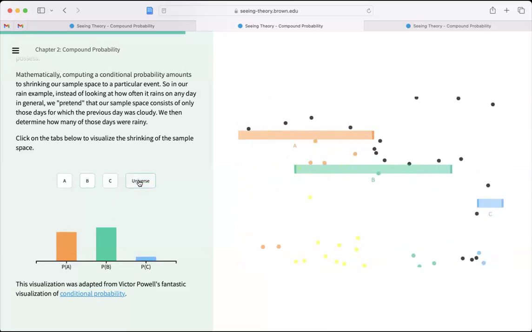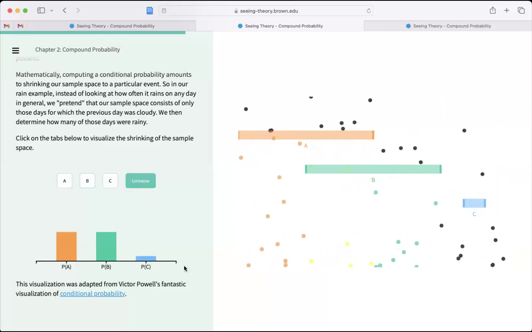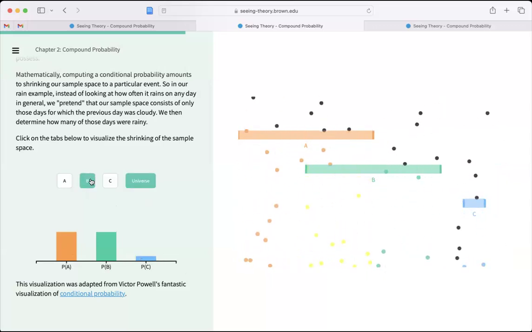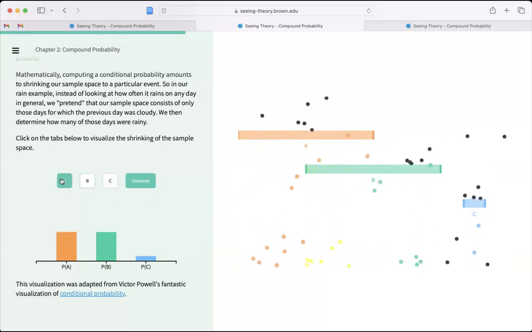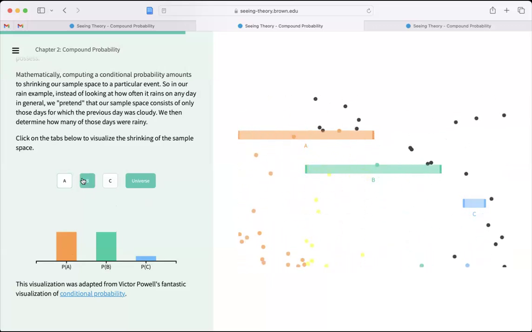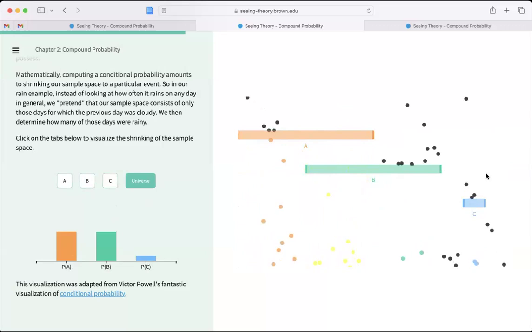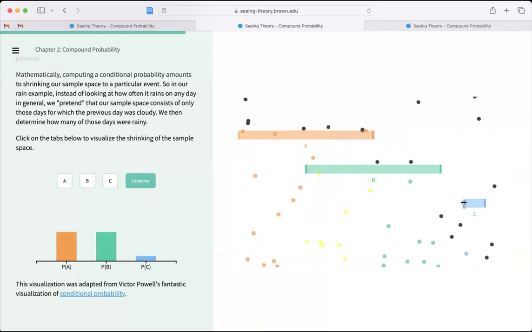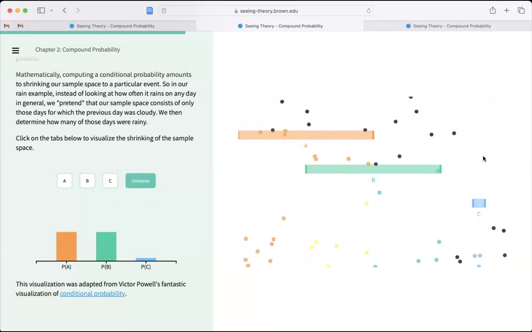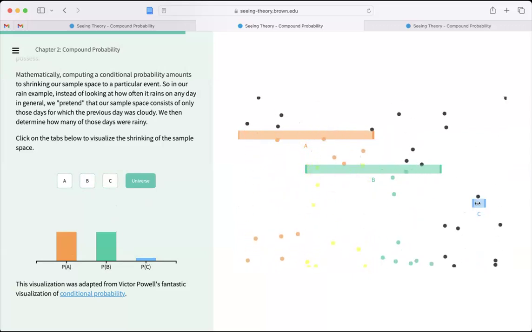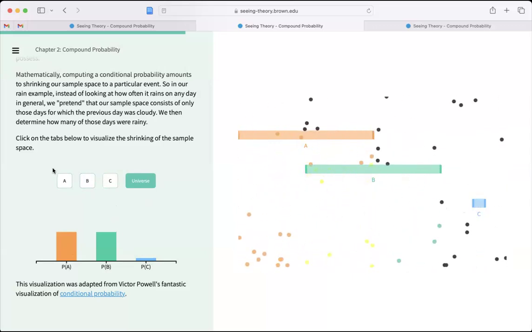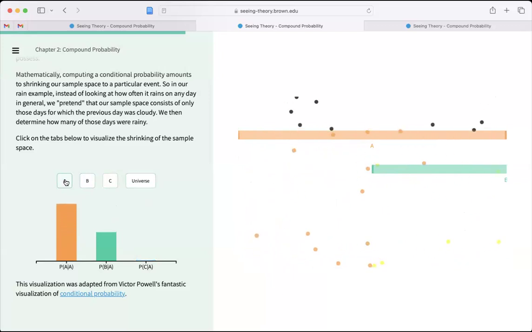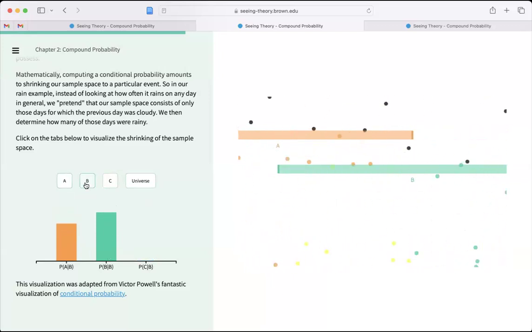So whether you're in the entire universe of possibilities or conditioning on one of the independent events, it's the same. A and B here are independent. C you can just ignore, it's just out here. I guess you can think of it as another event that's mutually exclusive from A or B. But if you condition on A, the probability of B given A is 0.5. You condition on B,